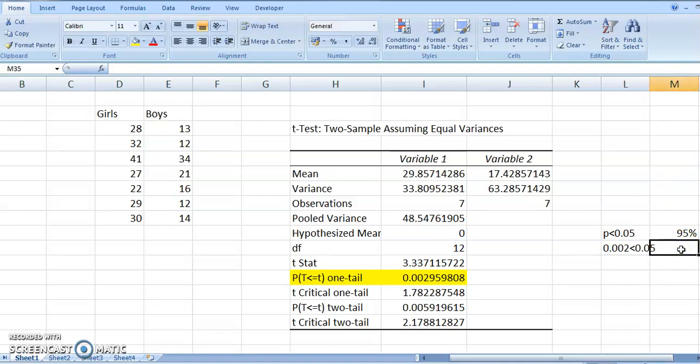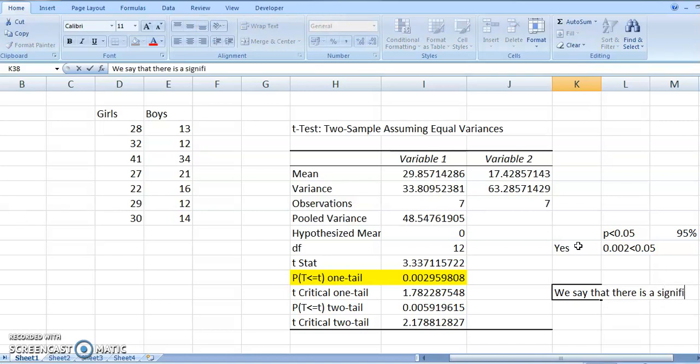Is this less than 0.05? Yes, it is less than 0.05, which means we say that there is a significant